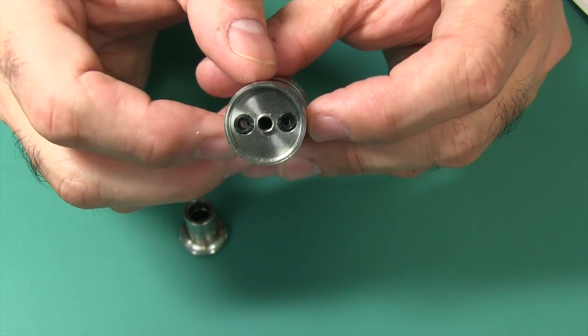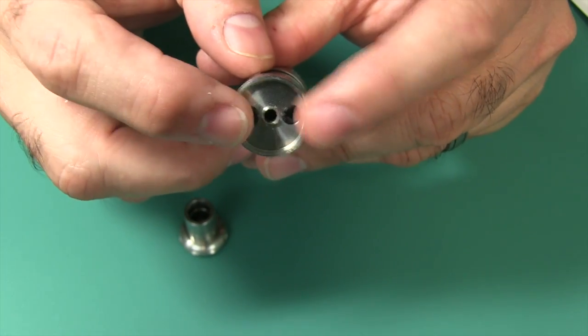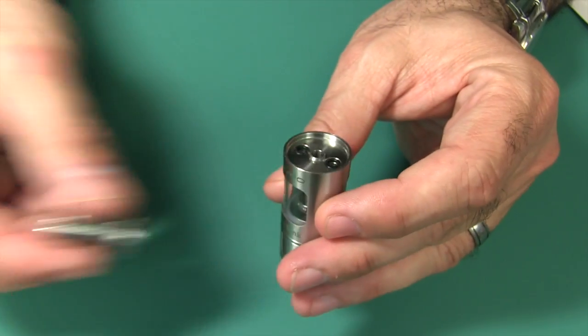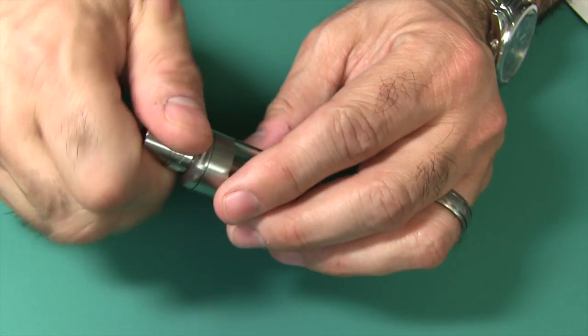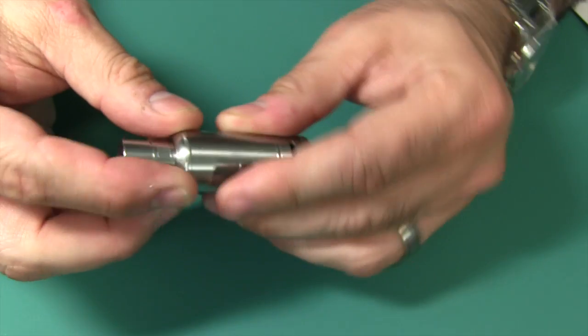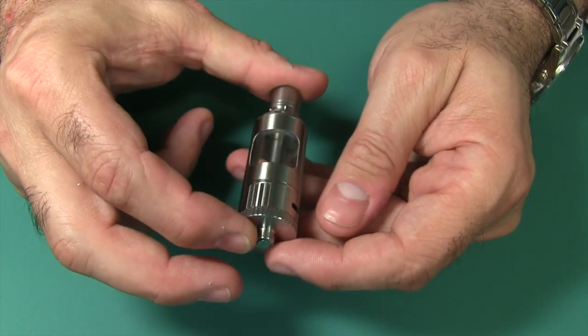You squirt the juice down into those 2 side holes, this one or this one, not down the air hole, these 2 side holes. So top filling, very easy. You just drop it in there and then you just screw it back on. Really nice. Now you're supposed to get some nice huge cool vapor, since this is vapor